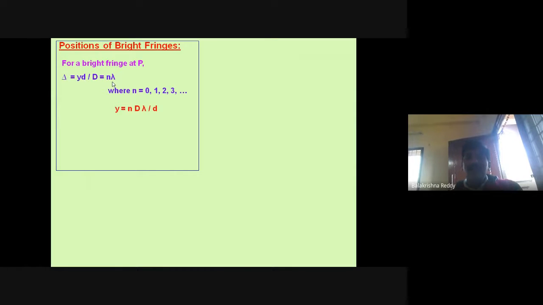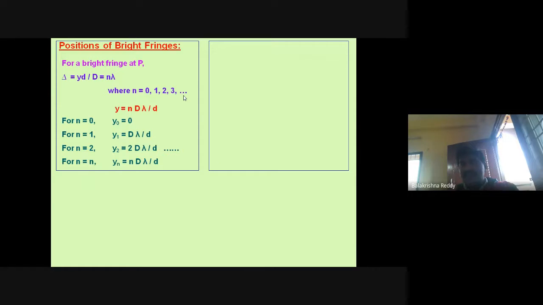If I write n equal to 2, I get the second bright fringe. If n equal to 3, the third bright fringe. So therefore, for different n values, I have the position of the fringe from the central one. Y naught equal to 0 is for the central fringe. And for the next bright fringe, apart from the central fringe, I am considering the second fringe as the first fringe, right? That is Y1. Like this, alternately, I get continuous bright fringes, depending on n equal to 0, 1, 2, 3, depending on the integer number.